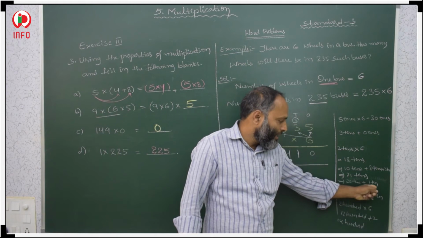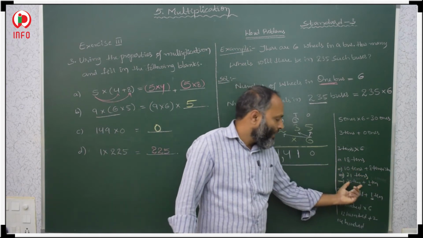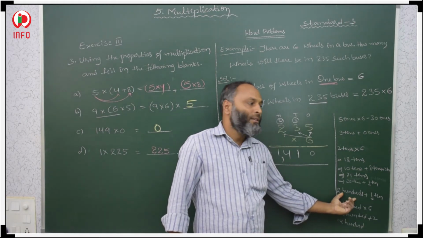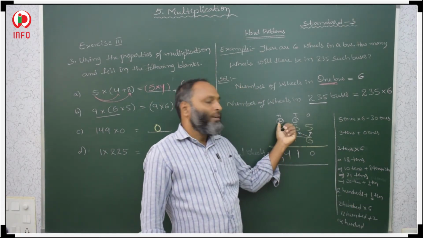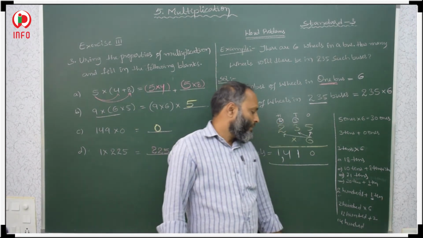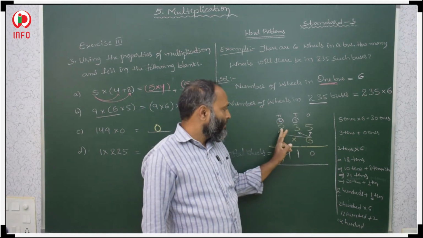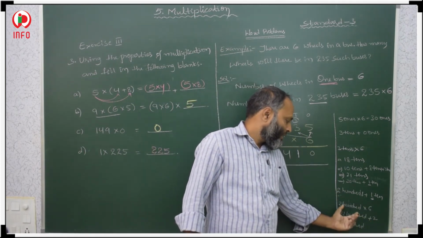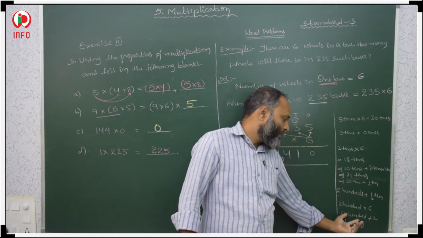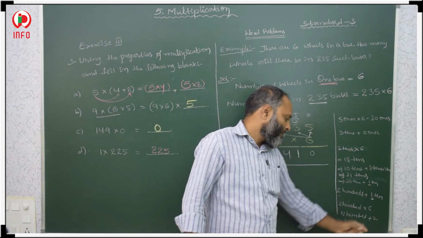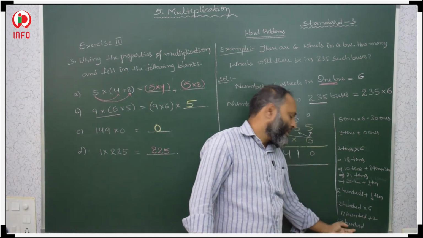Then how many tens are there here? 20 tens is equal to 200. So 2 over here, carry over here in the hundreds place. Then after that, 6 into 200s. 2 sixes are 12. 12 hundreds and 2 carry over here. That 2 we have to add. That is 12 plus 2, 1400.